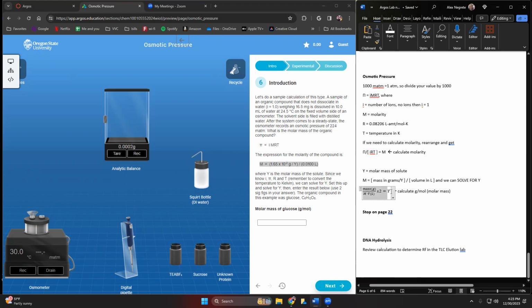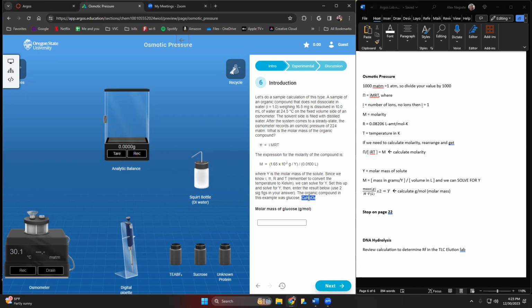So this is the formula that I want you to use when we're going to calculate the molar mass of the solute, right? So we're going to take the mass in grams of it divided by the molarity of it times the volume in liters, multiply that by 2, and that will give us a pretty good calculation for the molar mass, or what we call Y here. But you don't need it for this page here. This page here, you're simply just, they give you the formula here,